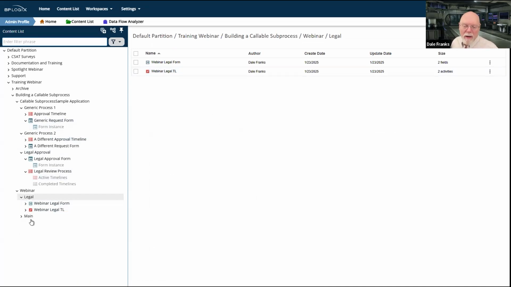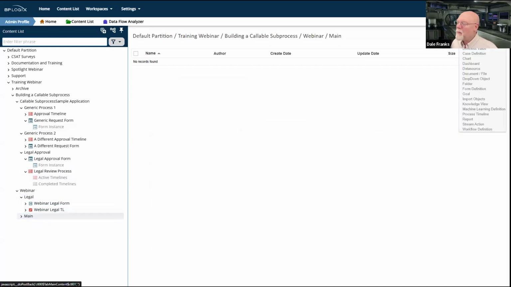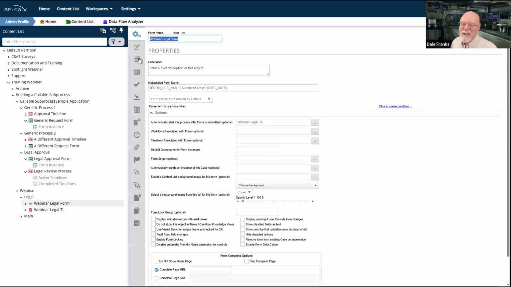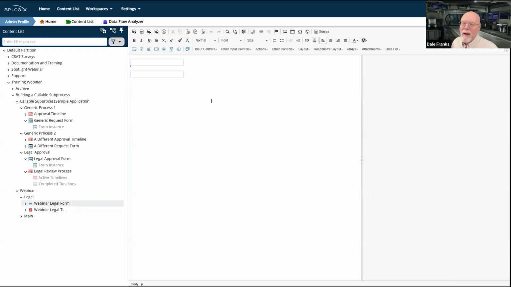Now we'll go to the main, and this will be our main process. So I'm going to cheat a little bit. I'm just going to copy. Can I do that? Can I copy both of these forms or copy both those form fields?